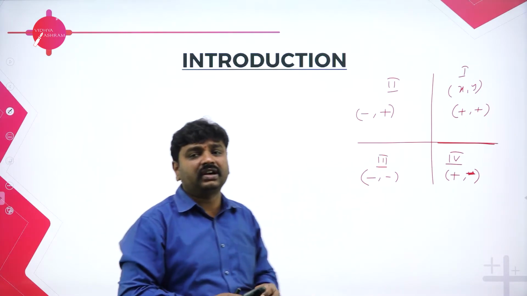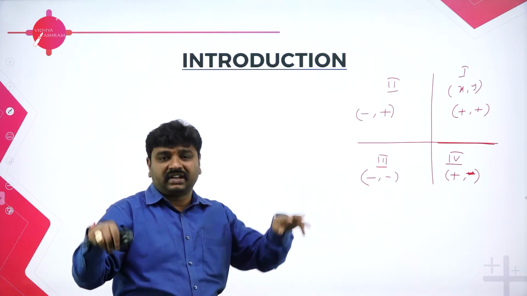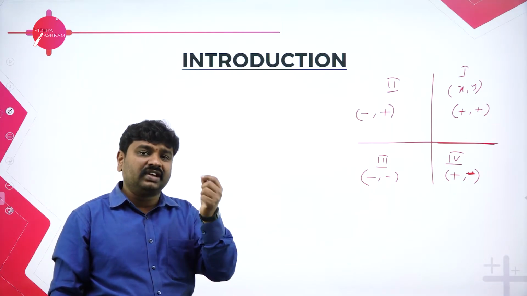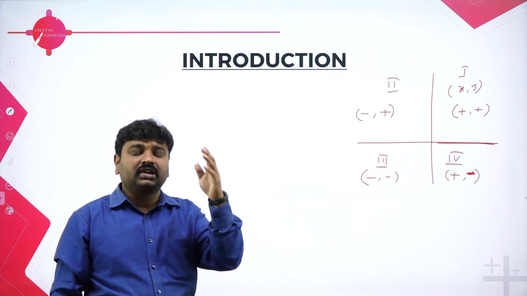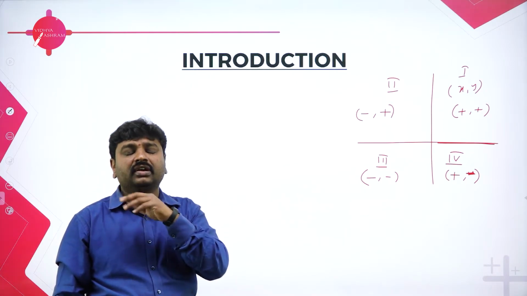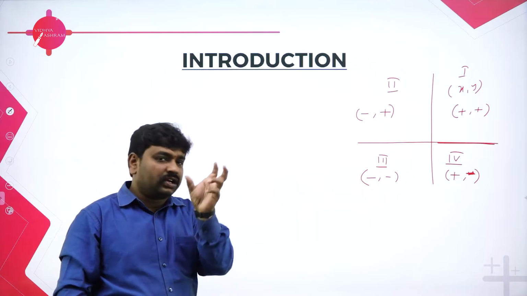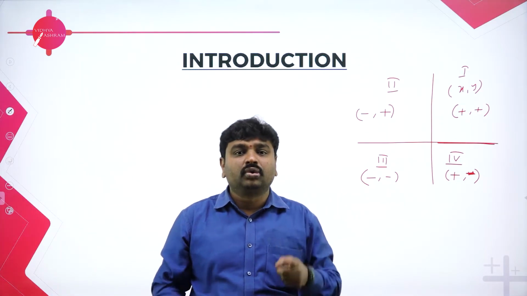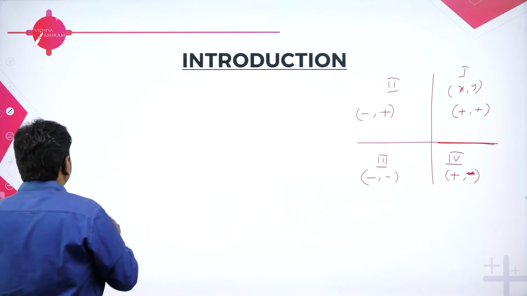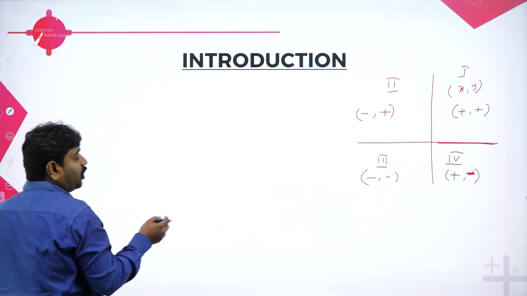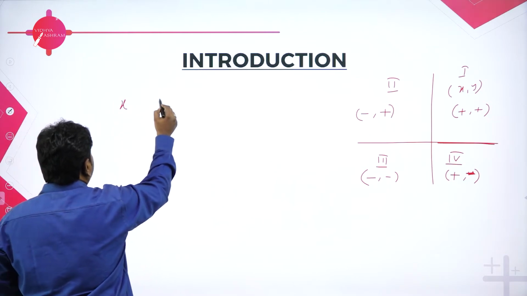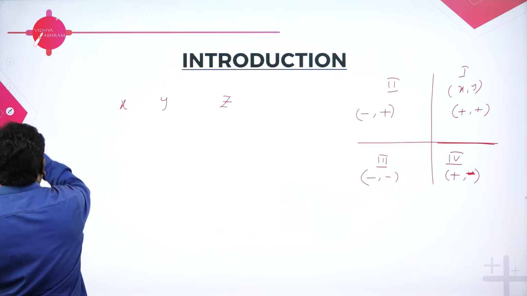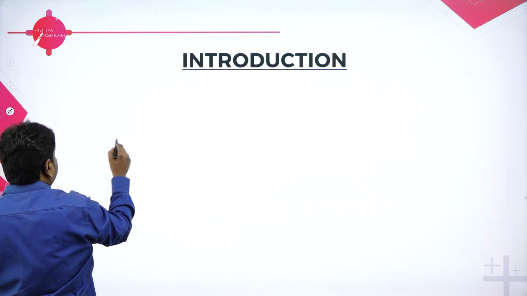Using this we can generate the octant table. Now I'll give the table, write it properly, and you can decide whether the point belongs to the first, second, third, fourth, fifth, sixth, seventh or eighth octant. They'll give you a point and you have to decide which octant it belongs to. To decide, we need the table of octants. How many octants will we have? 8 octants. How many coordinates? X coordinate, Y coordinate, Z coordinate. 3 coordinates, and we'll have a total of 8 octants.